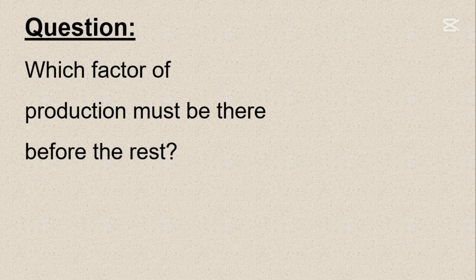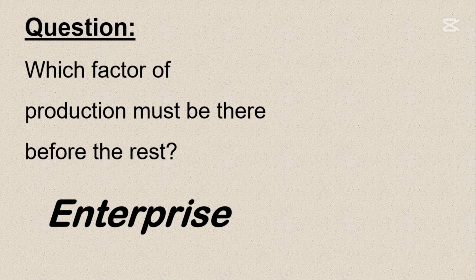Thank you for trying. So the factor of production which must be there before any other factor is the factor enterprise. This is because it is the entrepreneur who brings their skills first, and then they are responsible for combining all the other factors of production, putting them in place and ensuring that they start the production process or simply the business. So here we have covered the factors of production and their rewards and the mobility of these factors of production. So that's what I was covering in this video